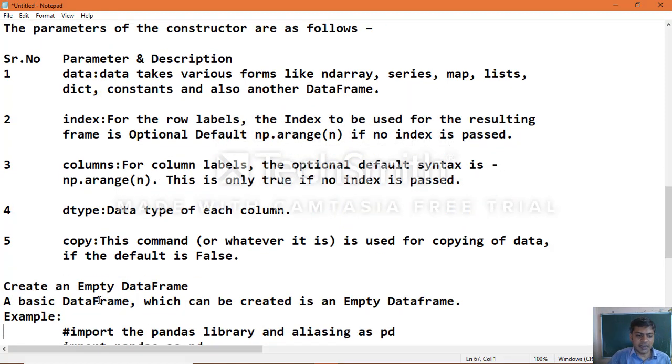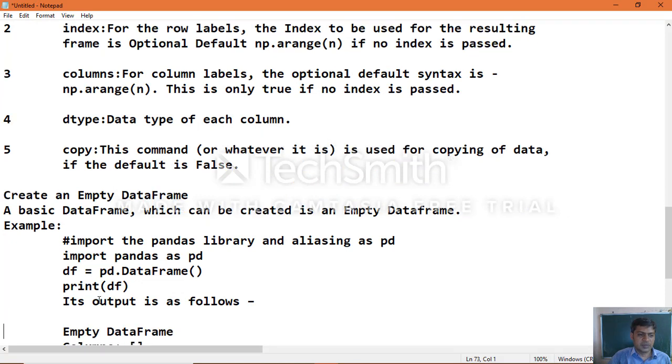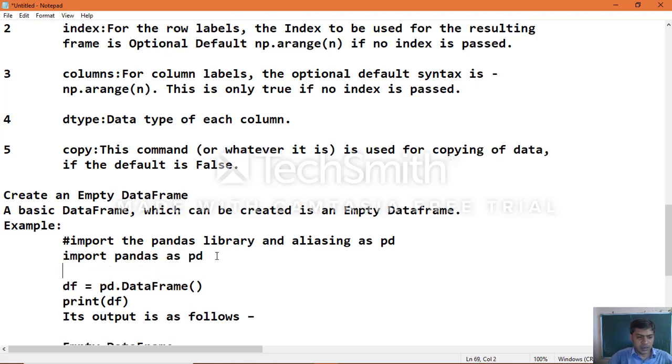So how can you create an empty data frame? A basic data frame that can be created is an empty data frame. Example: import the pandas library aliased as pd, and for safety also import numpy as np.